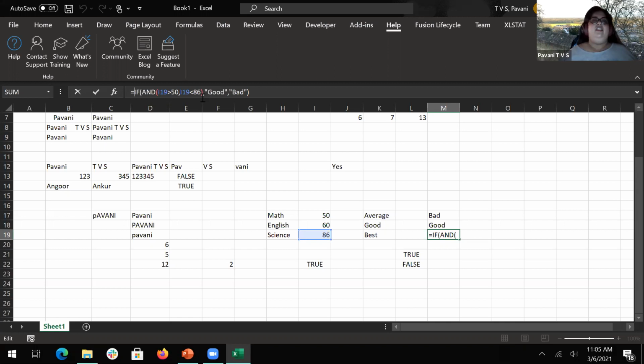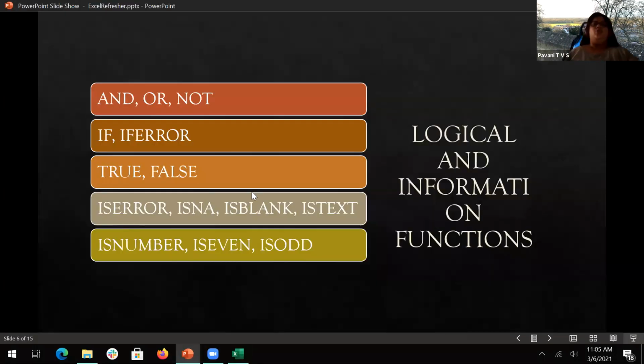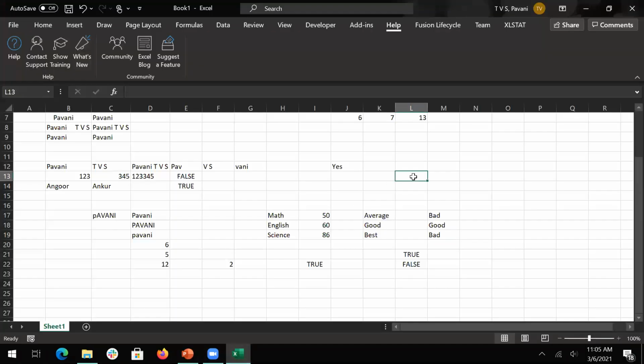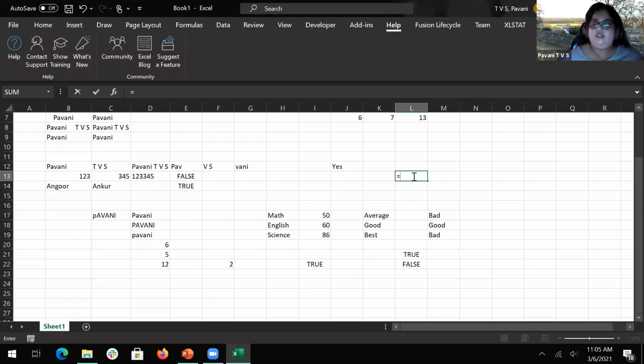How to make it an error? I'm very bad with that. But later on we'll see how to make an error and then show you IFERROR. Just divide by 0. For a number, it will give an error. Equal to this divided by 0. That is a division error.